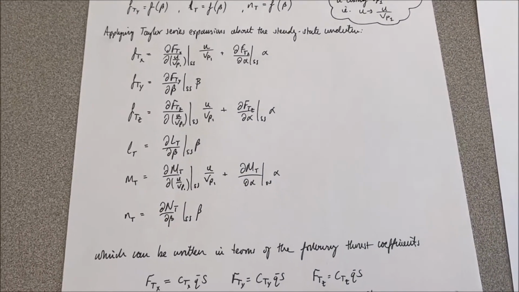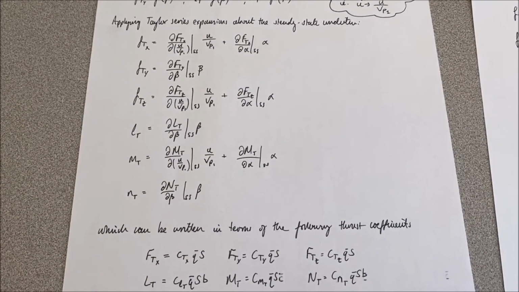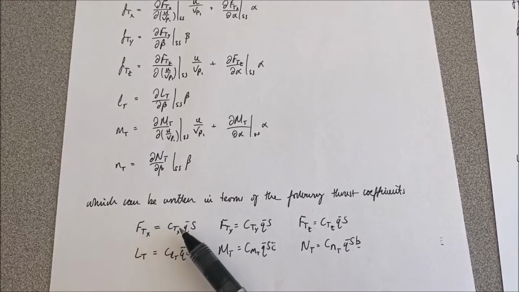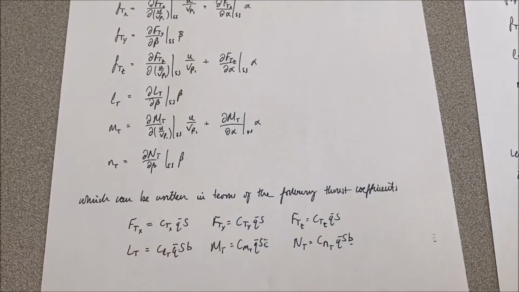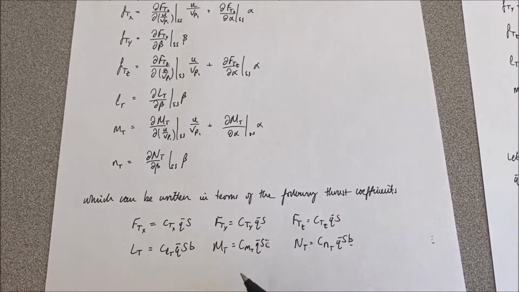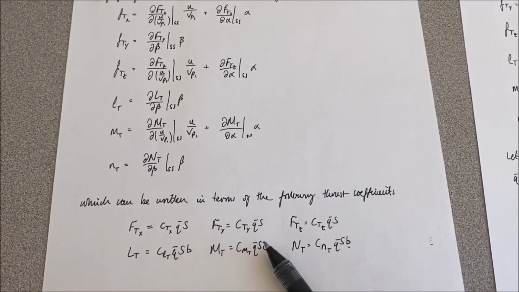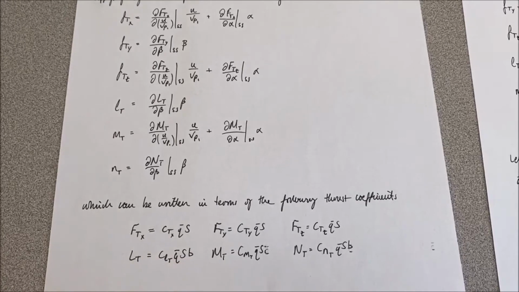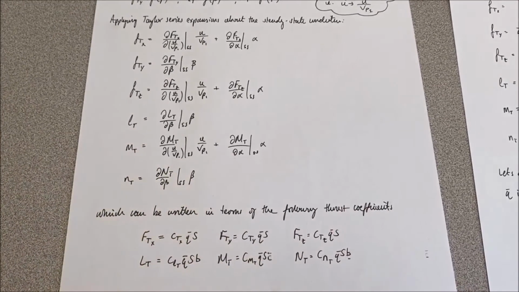So what we can do, as we did again in the previous chapters, is write this system out in terms of the thrust coefficients, which we are going to define down here. So the thrust force in the x direction is the thrust coefficient in the x direction multiplied by the dynamic pressure multiplied by the wing reference area. And then some variables are non-dimensionalized with respect to the mean aerodynamic chord. Some are, so that's in the longitudinal sense, and then the other ones in the lateral directional sense are non-dimensionalized with respect to the wing span. So what those definitions allow us to do is to write this system in terms of those coefficients,